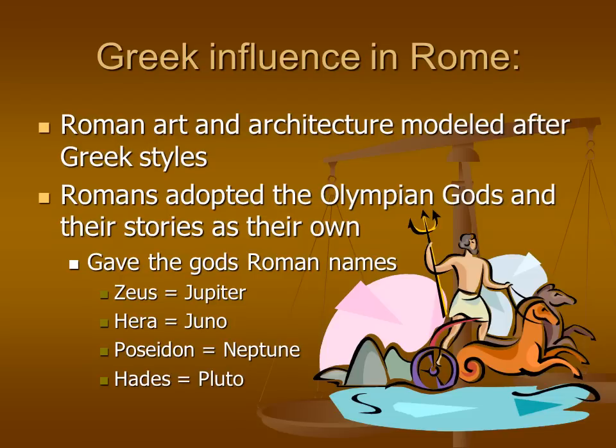So if you're reading Greek mythology or Roman, the stories are essentially the same, and what you'll see is that the names are different. So, for example, they change Zeus to Jupiter, they change Hera, Zeus's wife, to Juno, Poseidon, god of the sea, becomes Neptune, and Hades becomes Pluto. So, I mean, they literally just changed the names and kept the stories as their own, and they do adopt all of the gods that the ancient Greeks had. So, Greek culture lives on through Roman conquest, and even though the names have changed, we know that they are essentially the same stories and that the Romans literally hijacked them.